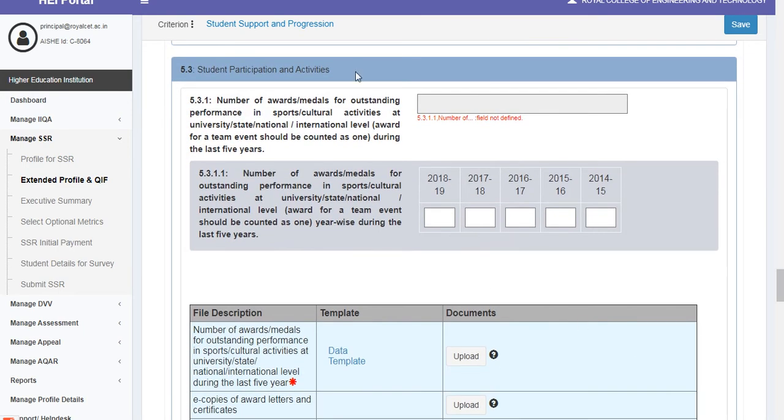Moving ahead, we have key indicator 5.3, student participation and activities. Under this, we have the first metric 5.3.1, number of awards or medals for outstanding performance in sports or cultural activities at university or state or national or international level during the last 5 years. The award for a team event should be counted as 1. This has a sub question 5.3.1.1,